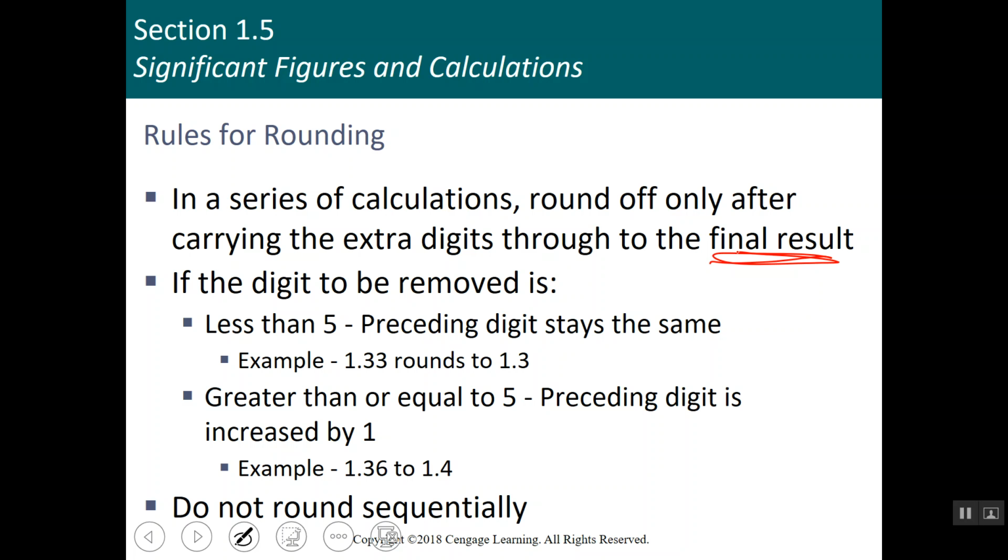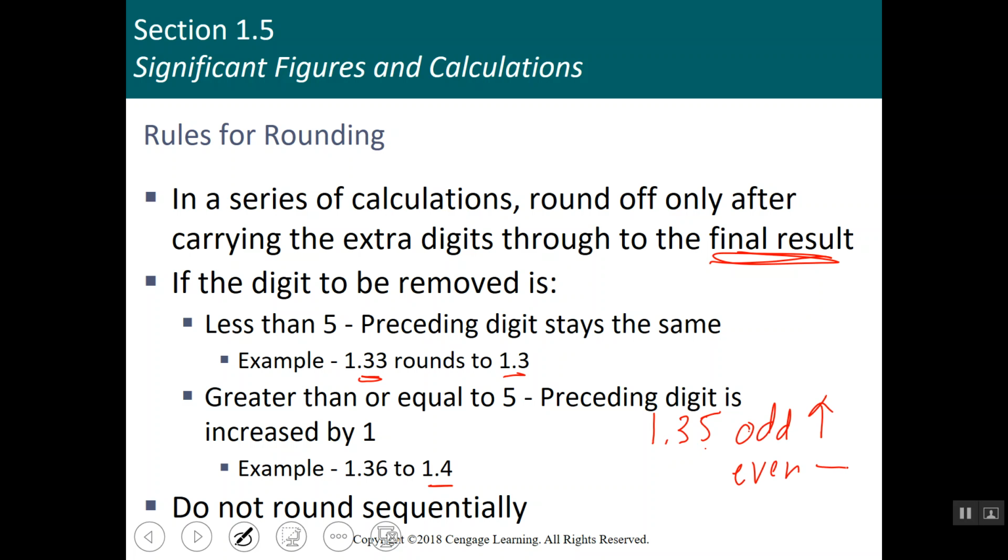And regular rounding rules: if the digit to be removed is less than 5, the preceding digit stays the same. So 1.33 becomes 1.3. If it's greater than 5, the preceding digit is increased by 1. So 1.36 becomes 1.4. Now, some science textbooks will say, what if you have 1.35? If you have to do multiple calculations and you're always rounding the 5 up, what that does is your end result is slightly elevated. But if you use the rule where if there's an odd number, you round up, even